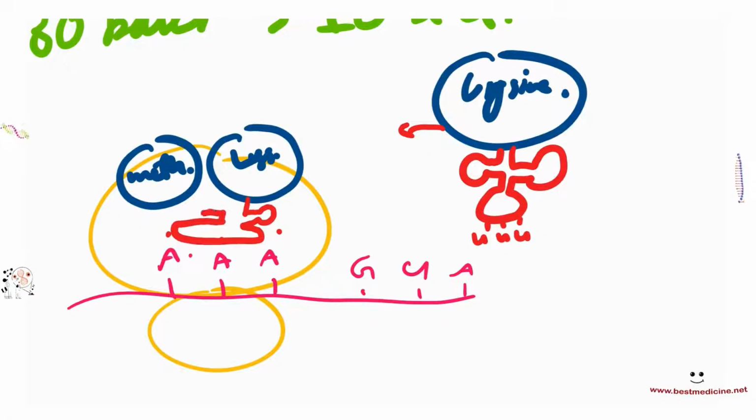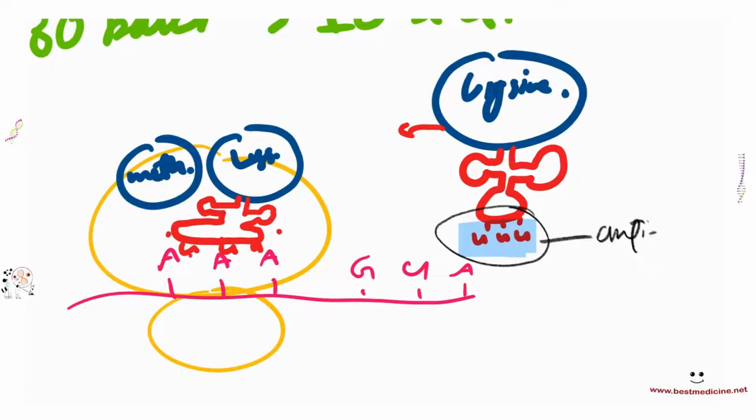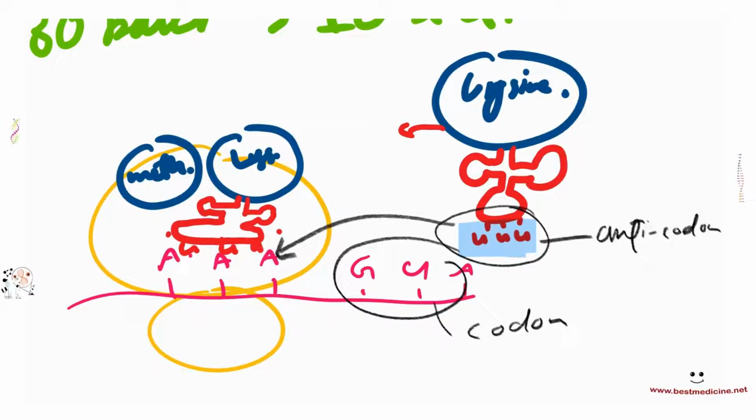complementary to the codon on the mRNA. So tRNA's codon is called an anticodon. You don't need to know this word, but it's called an anticodon because it's complementary to the codon. That's a codon. So the anticodon for lysine is here, and it comes up and pairs up in the ribosome in front of its codon,